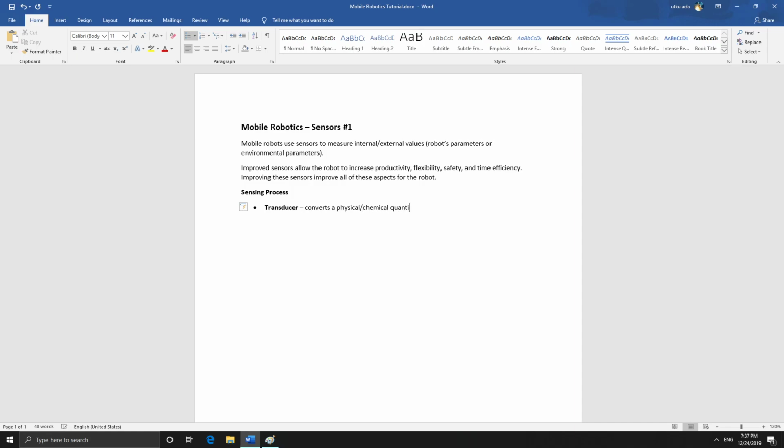Then the sensor uses a signal conditioning unit. So signal conditioning